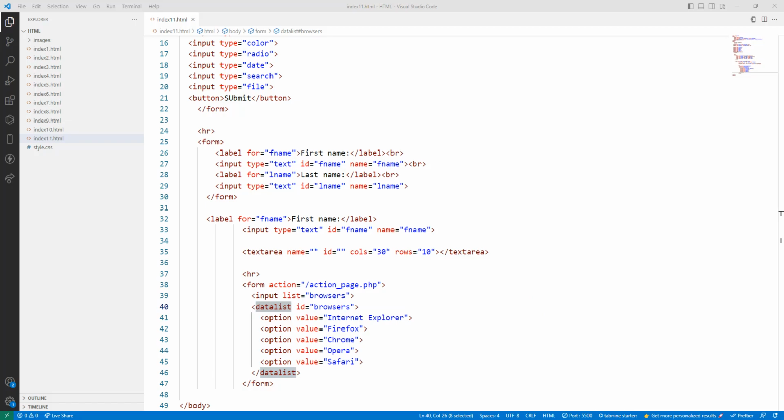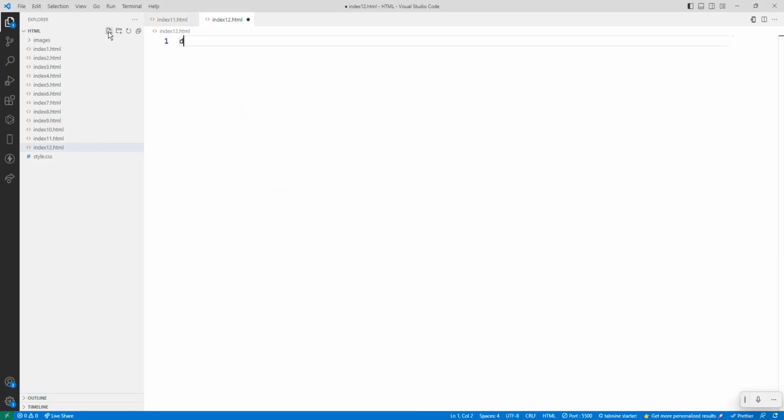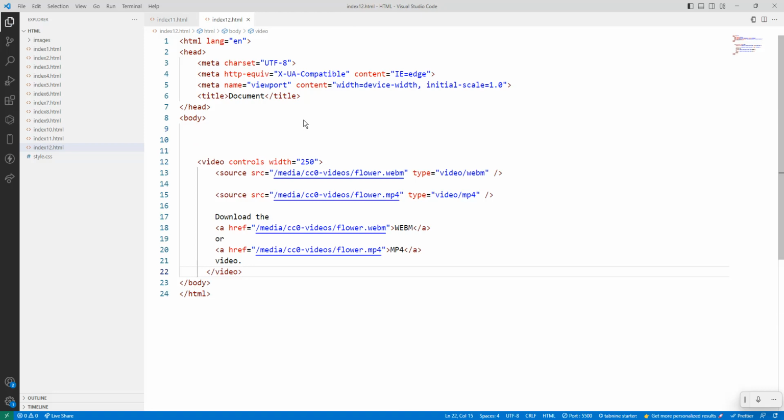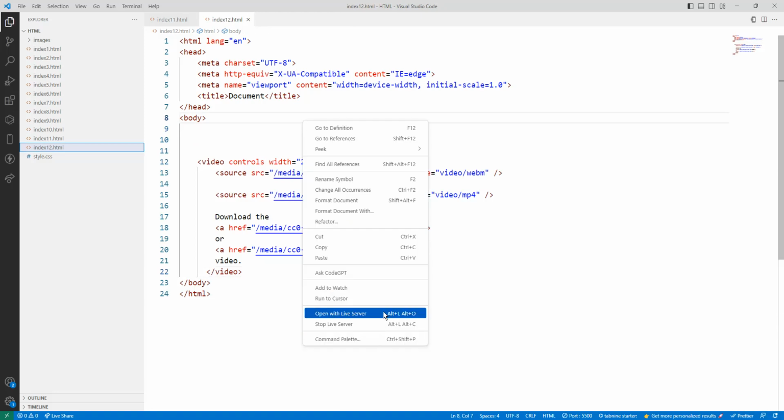I will take one more file, index12.html, doc, enter, save it, Control V, save it, right click, open with Live Server. Okay, it will not run. Why? Because